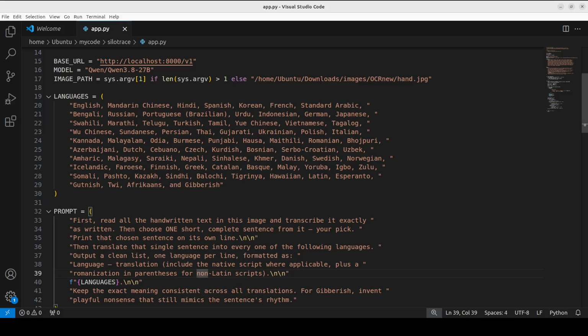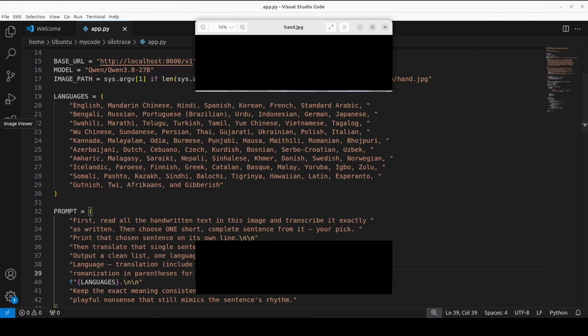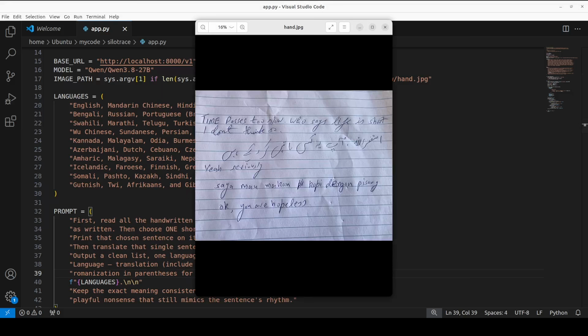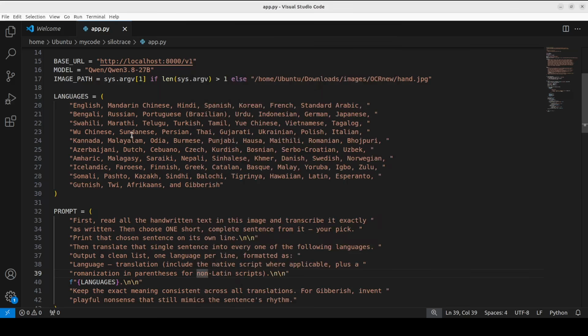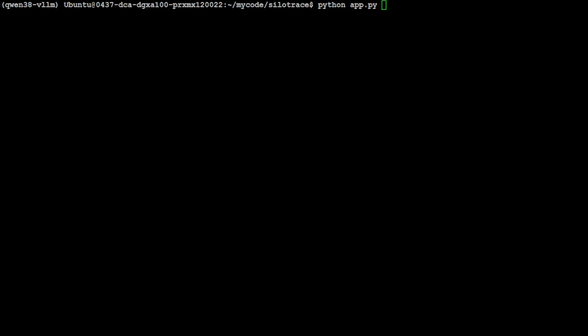Now in the final test, I'm going to combine vision with multilinguality. So I'm going to give it this image from my local system. This is an image which has English, Arabic, Urdu, Indonesian, and I'm asking it to extract the text and then select only one sentence out of this image and translate it into all of these languages. Let's see what the model does here. I'm going to run the script,